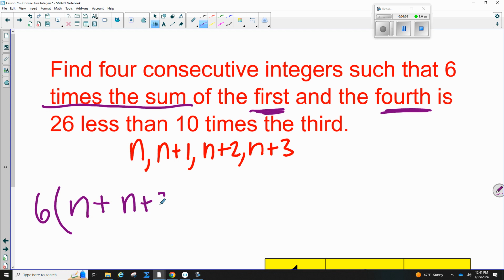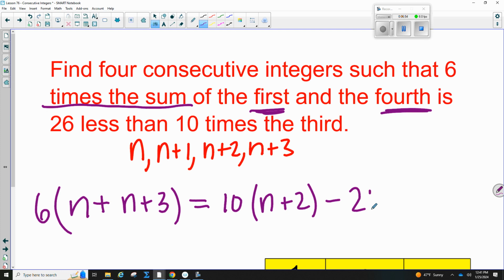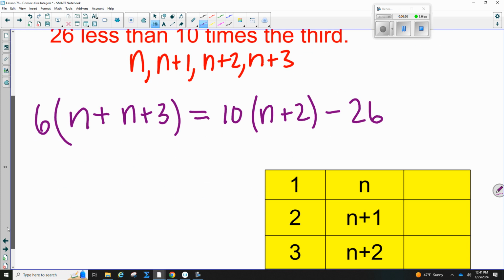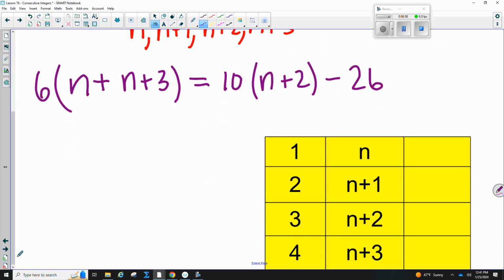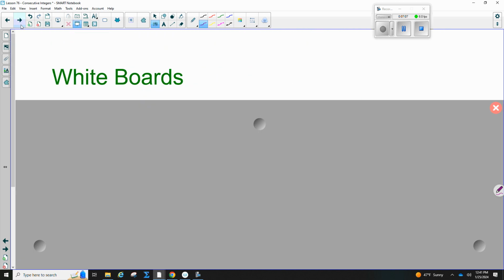And then is 26 less than 10 times the third. Super important that you put the 26 less than after. It means minus 26, and it comes after 10 times the third. So 10 times the third is 10 times n plus 2. And then 26 less than. All right, so we do minus 26. And you guys probably don't need to watch me solve this. You guys probably good, right? Solve it, and then get all 4 answers, right? This one had 4 integers, so you get your answer and solve. All right, let's try some whiteboards and see how